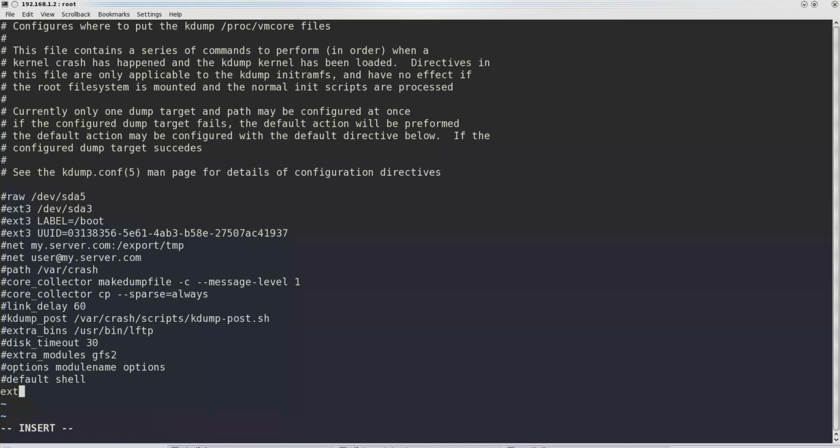So finally the core will be dumped in this partition /dev/vda, while it's getting mounted using ext3. This partition will be mounted as ext3, and on this partition the VM core will be dropped. Just save it and quit.